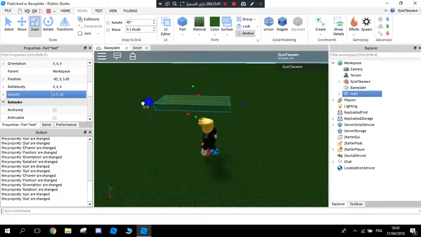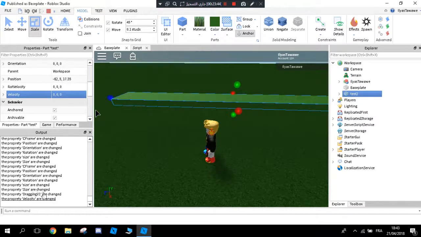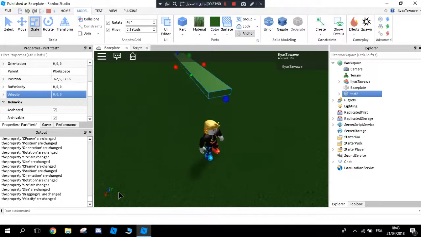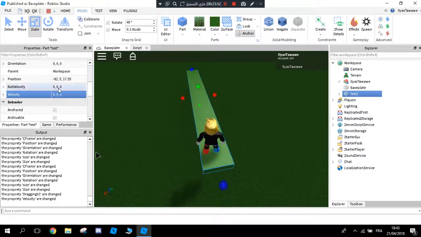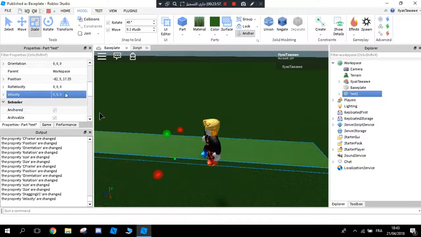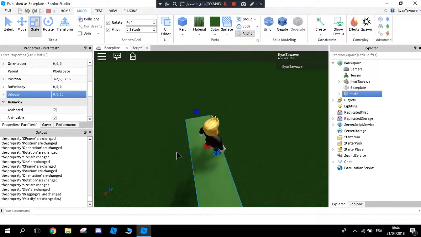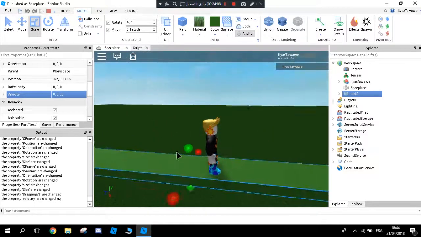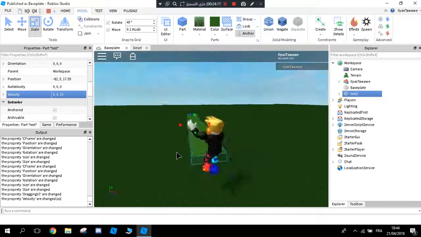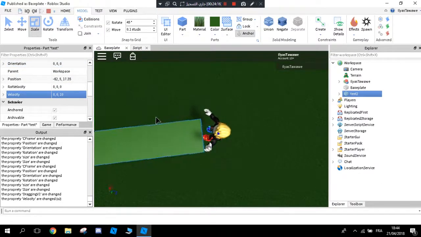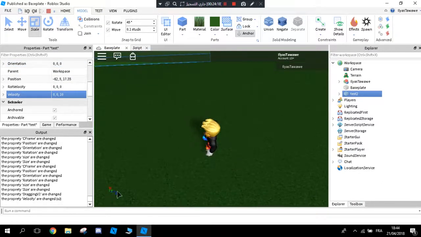Let's change the size. As you see, the property size is changed. The property dragging is changed. The property velocity is changed. A lot of stuff. So actually, when you change something in the part, the velocity got to reset. I'm not sure why that is going up. As you see, this is what the velocity property does. Okay, that's cool. So because it's 10 in the z axis, so we are going into the z axis as you